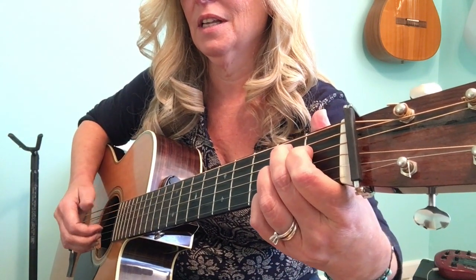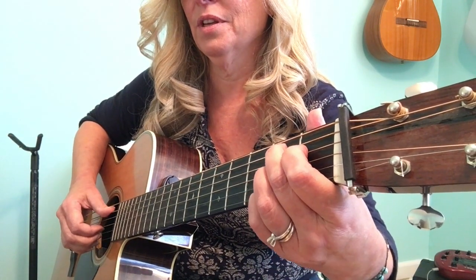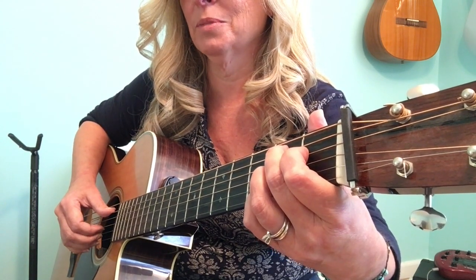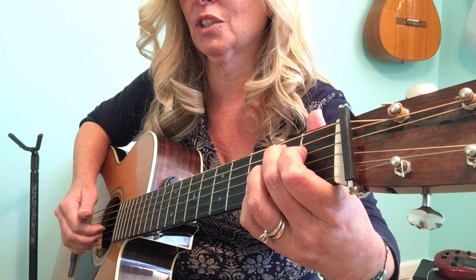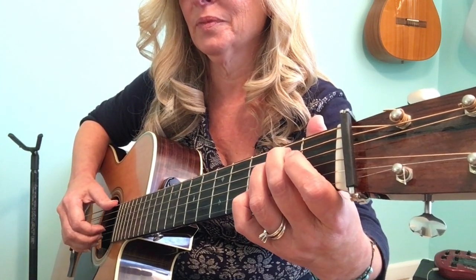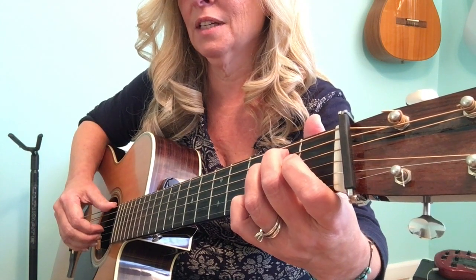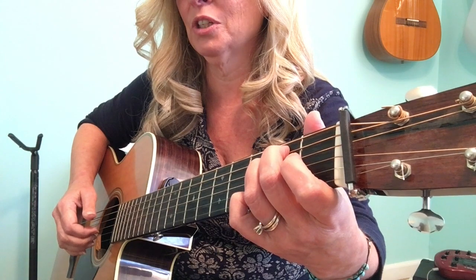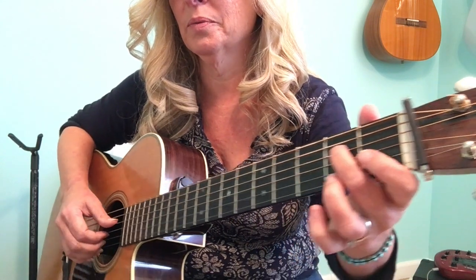B7, root on the 5th, and then still 3, 2, 1 all together 3 times. Boom, chick, chick, chick. Next chord is E minor. We're going to go 6th string for the first half of the measure, and then we're going to do this neat little thing where we go